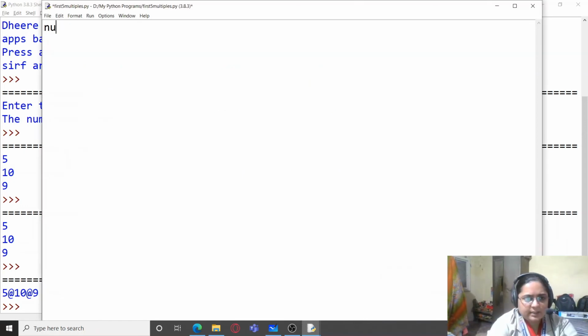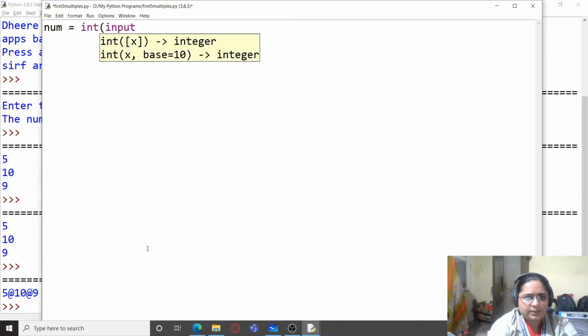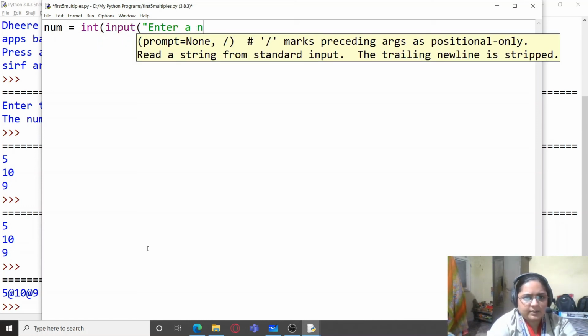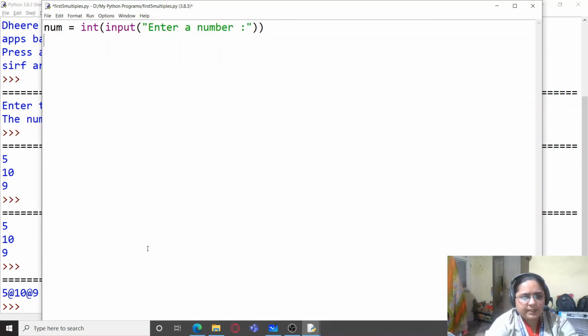So we will take a number n and we'll ask it from the user, enter a number. Now we have to print the first 5 multiples, so I'll write A, B, C, D, E equals num, comma, num multiplied by 2, num, because num multiplied by 1 is equal to num only, so we don't need to write that.